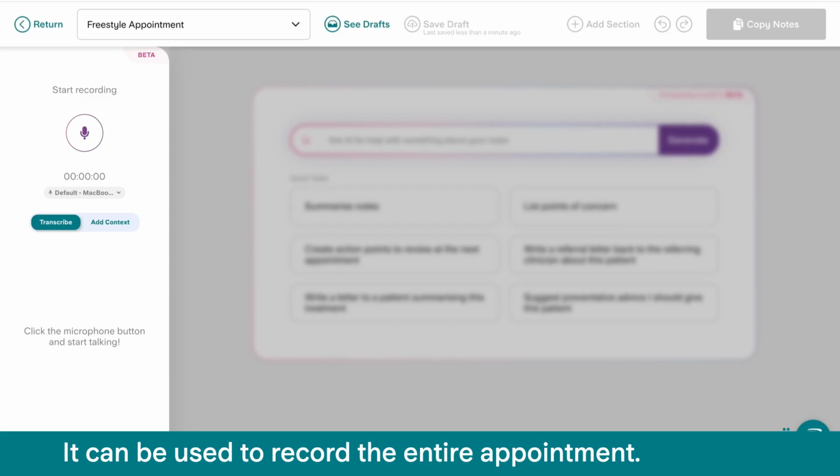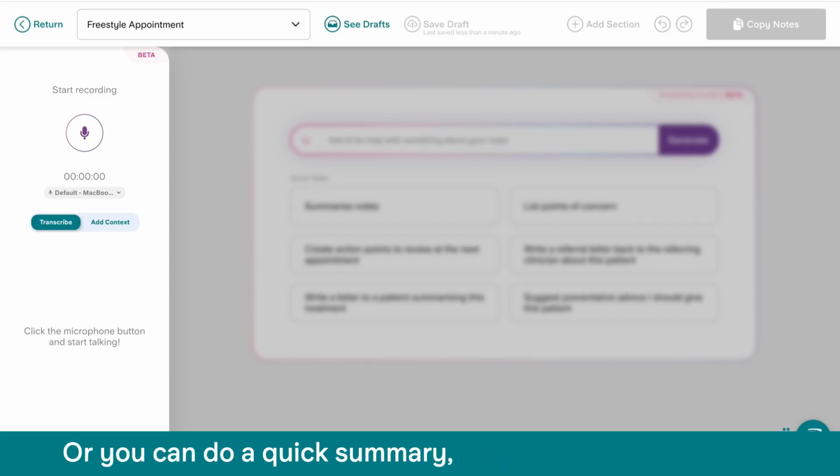It can be used to record the entire appointment. It can generate the notes from that, or you can do a quick summary and it will write the notes for you. So